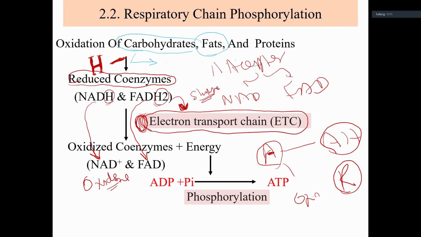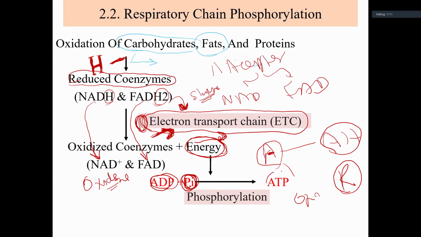The hydrogen will enter and move in the electron transport chain to release energy, and this energy will cause the addition of inorganic phosphate from the cytoplasm to ADP